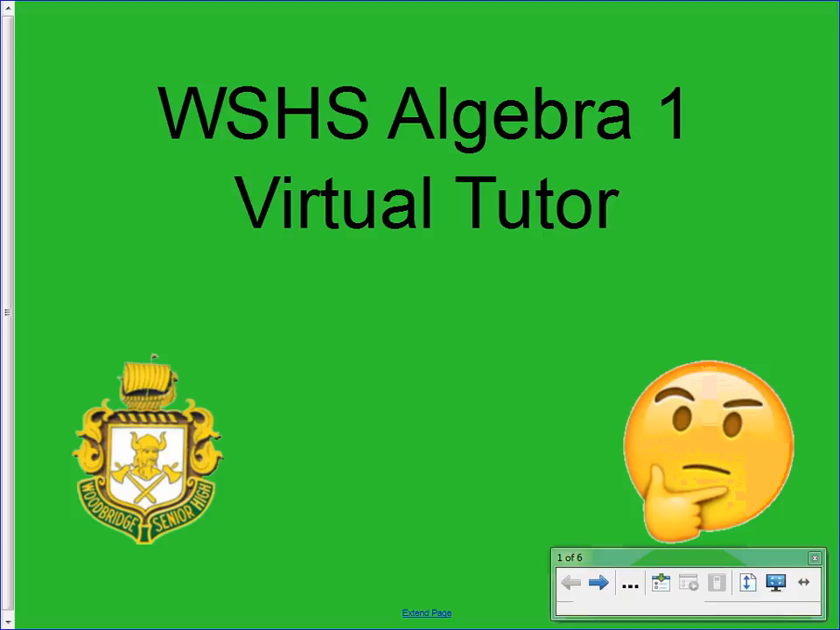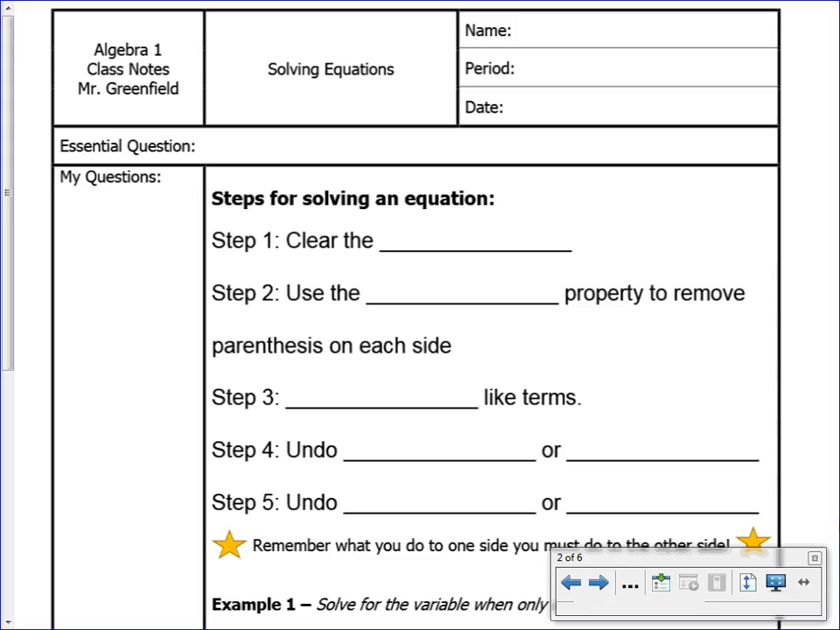Today we are going to talk about solving equations. So, the steps to solve an equation are, you first want to clear the fraction. How do we clear the fraction? By multiplying the top and the bottom by the denominator. Step 2 is to use the distributive property